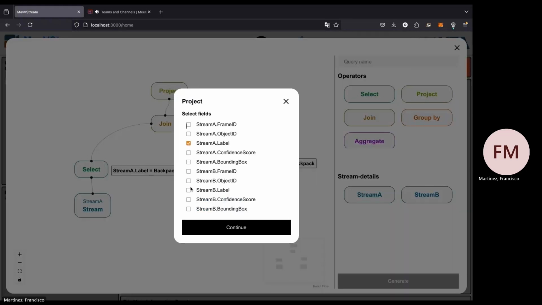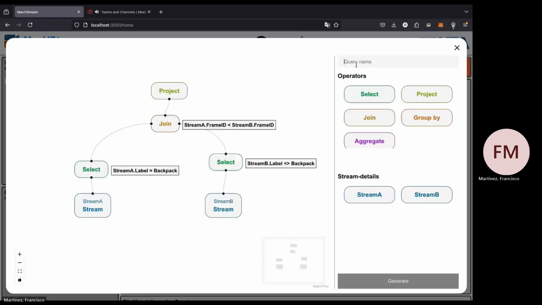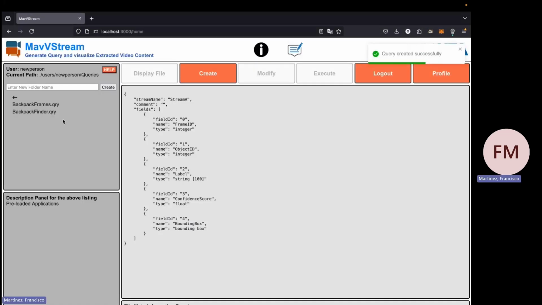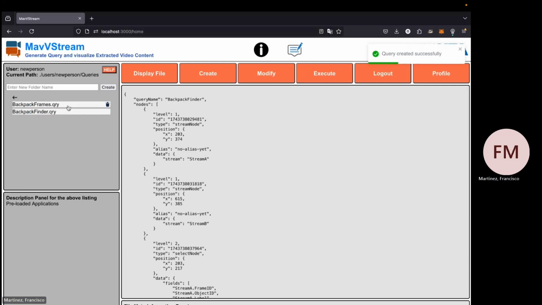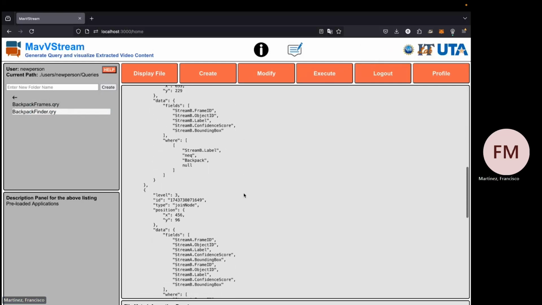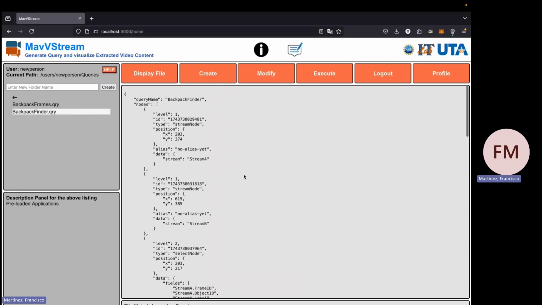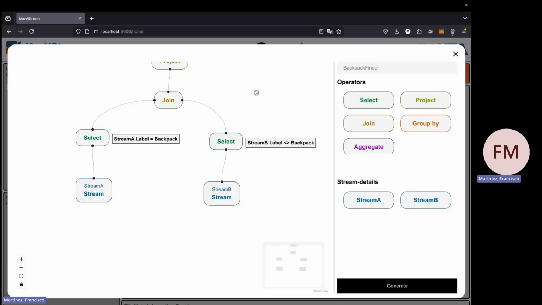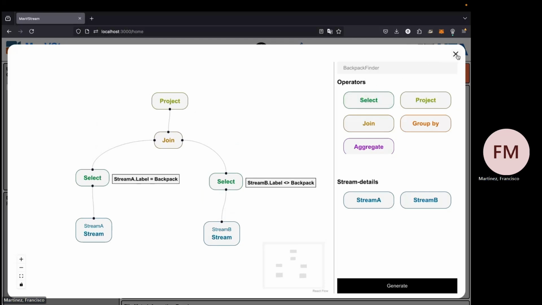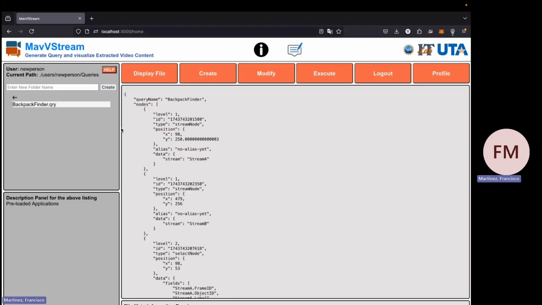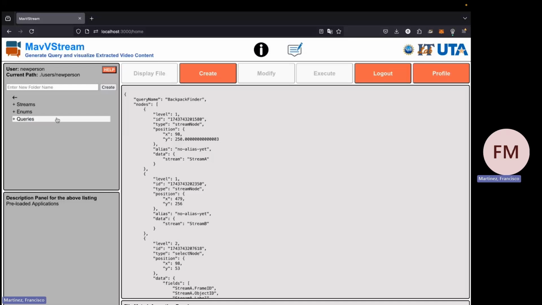We give it a name, and generate. Once our query has been generated, we can come and see it represented as a JSON object. If modification is needed, we can hover over Modify and edit. Now that we have our JSON representation of our query, we can now click on our query that is found in the Queries folder